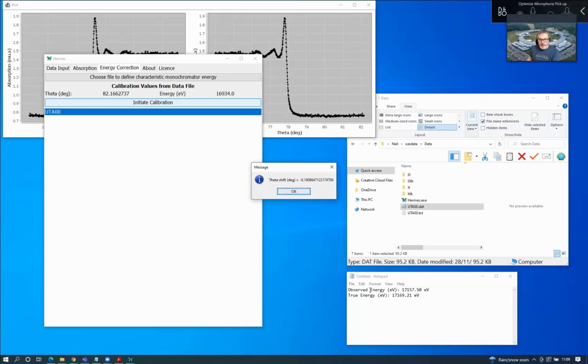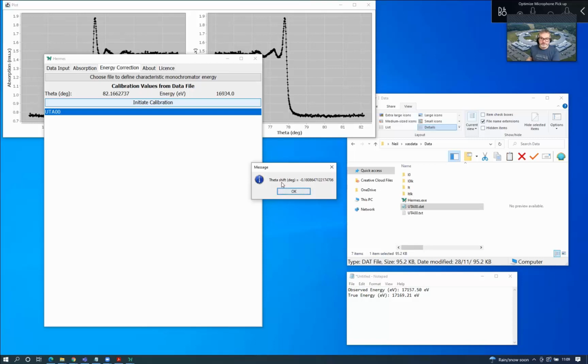Hermes then calculates from the characteristic monochromator energy the equivalent values of theta for the observed and the true energy. So observed and true theta values. And the difference between these is the theta shift, which is then applied to all the theta values in your